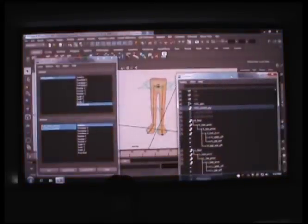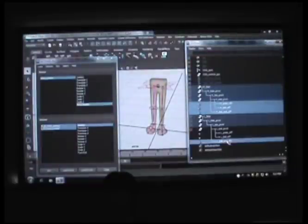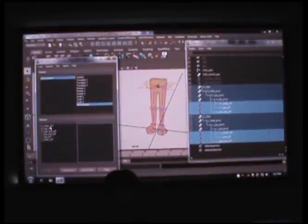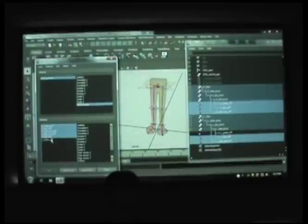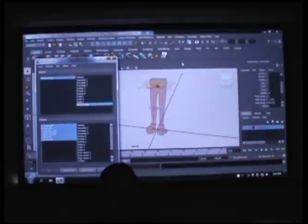All right, so I'm going to select my end effectors, right? My IK handles. And I'm going to load driven, right? And I'm going to select all of them. I have a question. Yep. Everything has to be in that order? Does it have to be in that order? No. You can do this one first and then the...